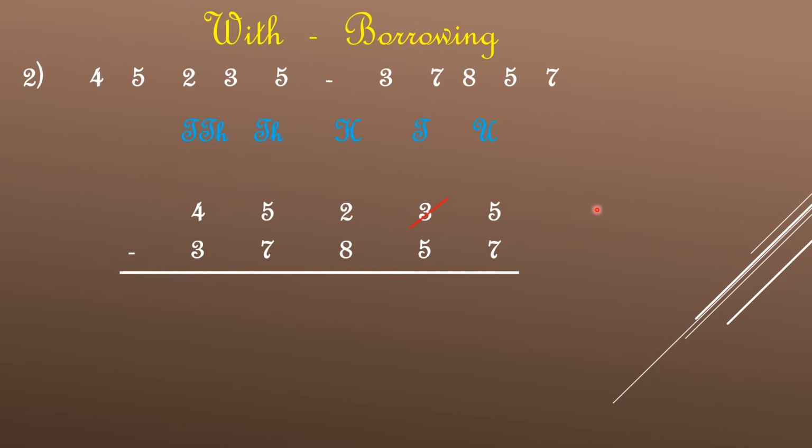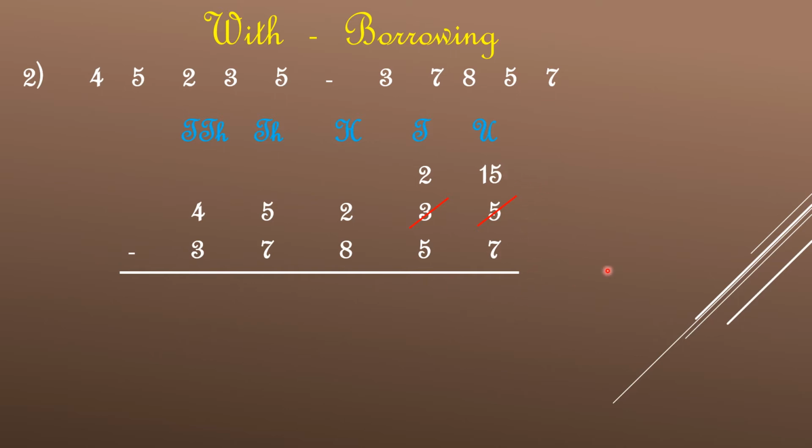So here from 3, you always borrow from the place next to it. Now units, so I'll go to the tens place. This is my tens place. So from 3, I borrow 1. Over here, 2 is left. From 3, I took away 1 and 2 is left. Now this one, I will carry the 5 up, so it becomes 15. Remember, it is tens. You always borrow only 1. So I take this 5 up, it's 15.